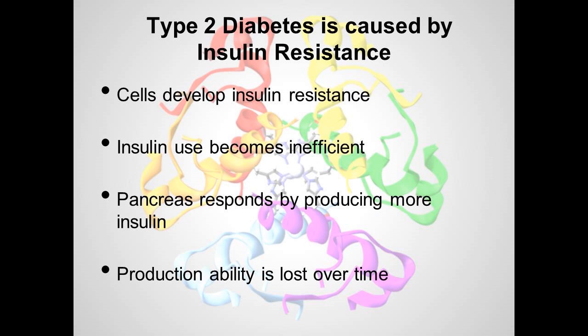Type 2 diabetes finds its source from a developed insulin resistance. Insulin resistance, a disorder, is as its name implies. Insulin becomes less effective in providing cells the sugar molecules from the bloodstream. So the pancreas is stressed to produce more to keep the body efficient at removing sugars from the bloodstream. Over time, as the pancreas is stressed, its ability to produce insulin deteriorates and eventually loses the ability altogether. Treatment of type 2 is similar to type 1, but type 2 is much easier to manage, and we'll discuss this later in detail.